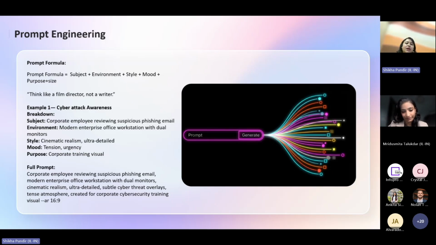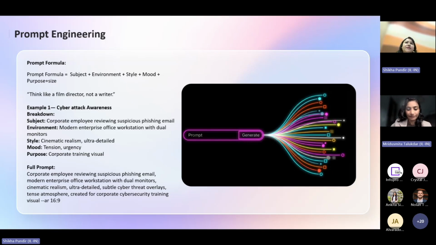We can put that we are going to create a corporate employee reviewing a suspicious phishing email. The setup could be anything. It could be a corporate office, it could be home, because incidents can happen anywhere, right? Accordingly, we'll set an environment.